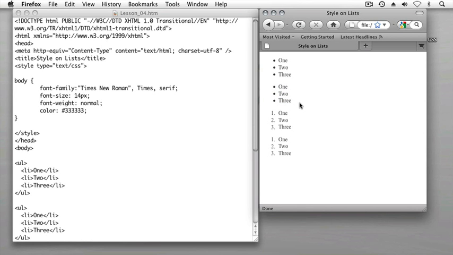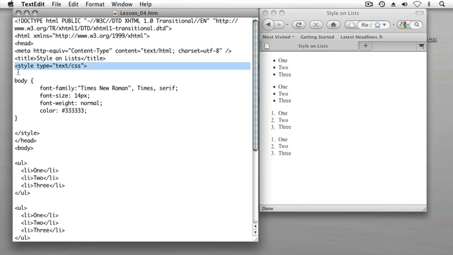We can do that easily by creating a rule to modify an instance of the UL tag. And we've previously seen when we did that we could use a class and then apply that class whenever we want, so that those elements that we tag with that class inherit the changes that we'd like to see. So, taking in mind the desire to have these bullet points appear as squares rather than circles, I'll create a new class inside my style element, which I'm highlighting in blue, and to do so I'll position my mouse after the closing bracket